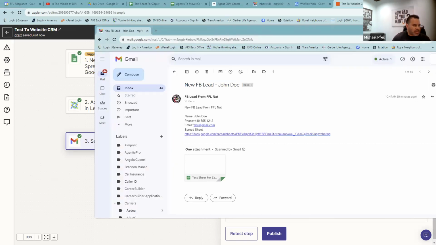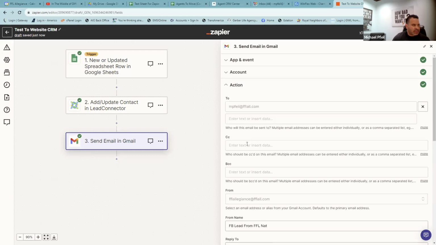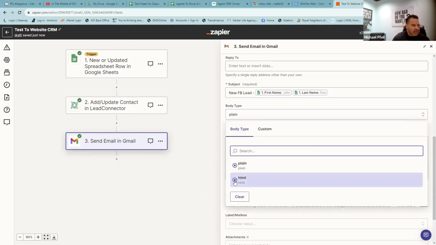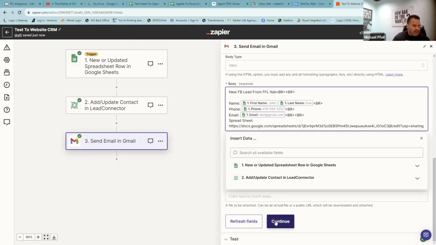Sometimes I'm a little bit weird about how this looks. I always want a space in here. So you can use HTML in these. Right now that was just a plain email. I can change this to HTML. And if you don't know HTML, it's no big deal. You can put what's called a break tag. All that BR means is a line. So now I can say, put a line after this, a line after this, a line. I want 2 lines after that. And then I can continue,